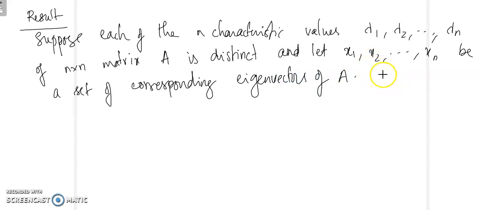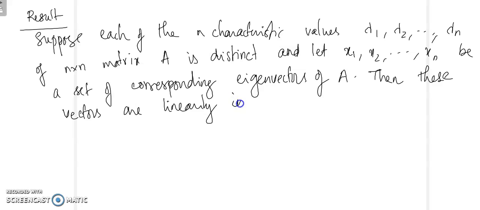Then the result states that these vectors are linearly independent. So that is the first result. So corresponding to n distinct eigenvalues, you will be getting n corresponding eigenvectors, and these eigenvectors are going to be